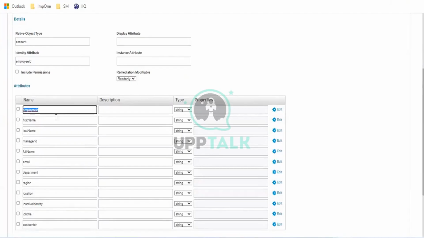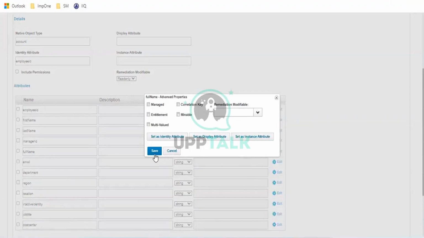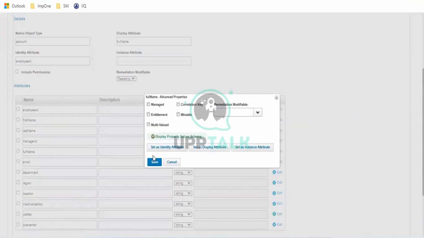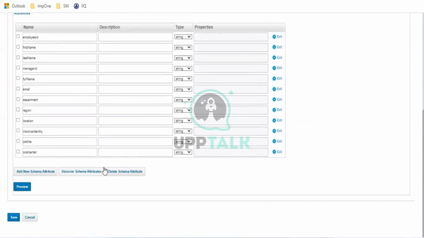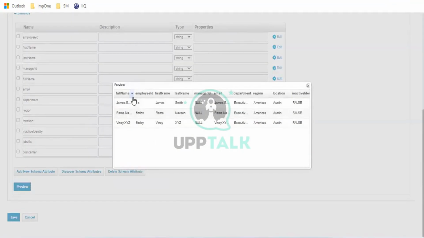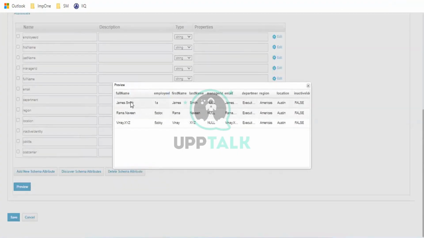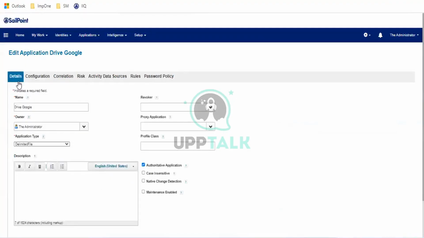These are the things you are going to get from the client. No need to worry about these things. Let me select full name as the display attribute. Guys, just try to create the same in your system today. Just click on Preview. All the employee details will be populated. Like, we have added 2 employees and 1 employee is already present. Now just click on Test Connection.